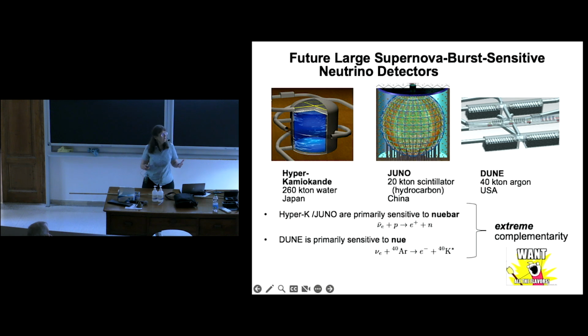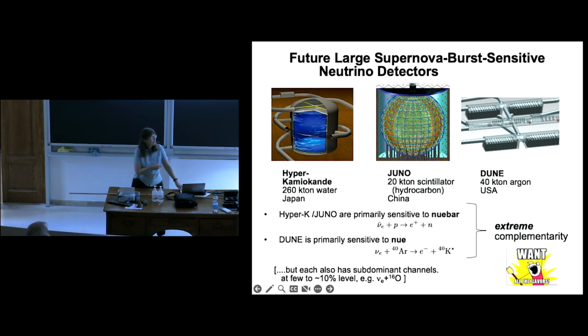This is a situation where you want as much information as possible, and the whole is more than the sum of the parts. And I want to also say this is really where the measurements that I'm going to talk about come in: these are the primary channels. These are the dominant channels for each of these detectors. So Hyper-K is mostly sensitive to inverse beta decay on free protons. DUNE is primarily sensitive to electron neutrinos on argon. But each also has subdominant channels as well. For example, there are nu e oxygen-16 charged current channels, which will contribute to Hyper-K,